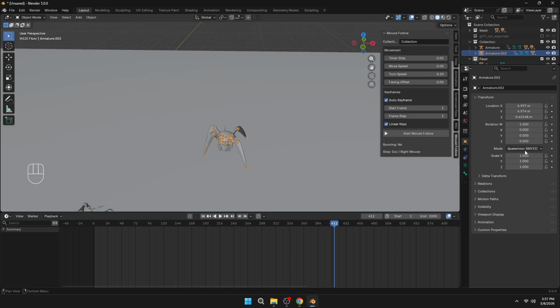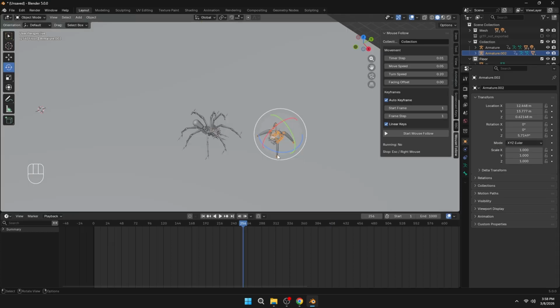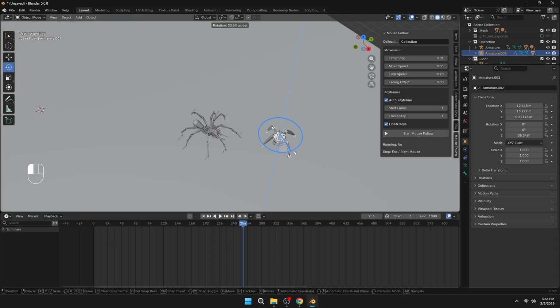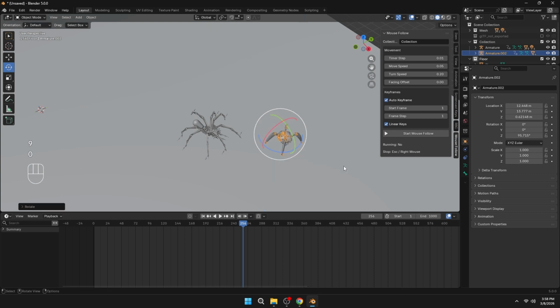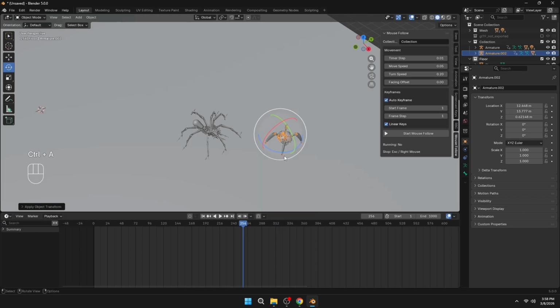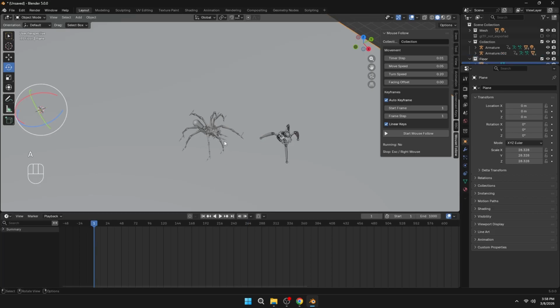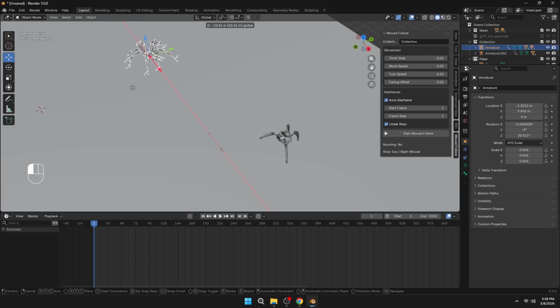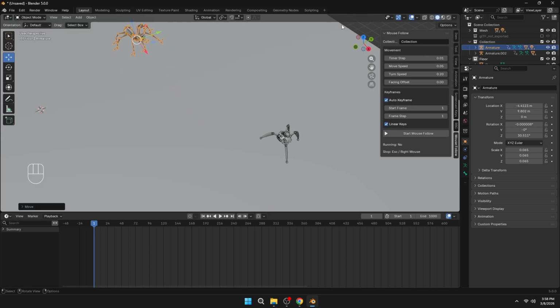The rotation mode is set to XYZ Euler. Then the armature is rotated by 90 degrees and the rotation is applied. Then the animation is run again, and this time the robot moves correctly,